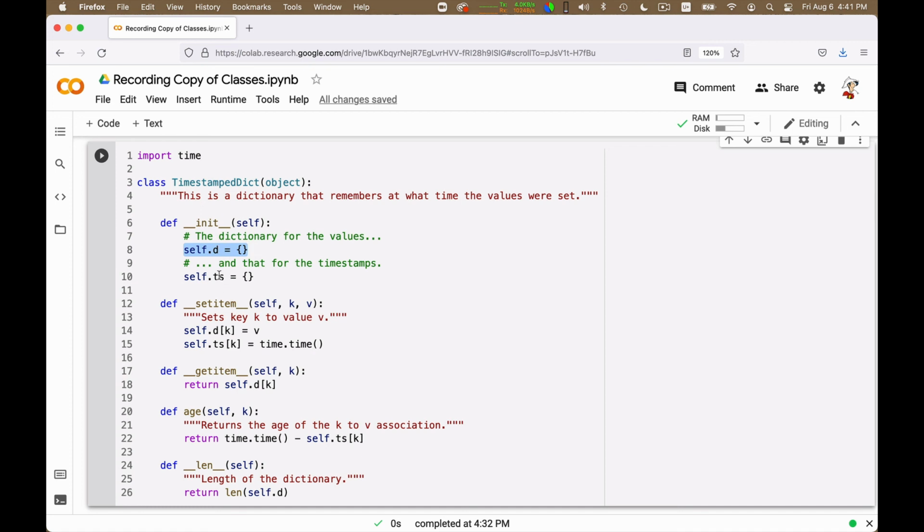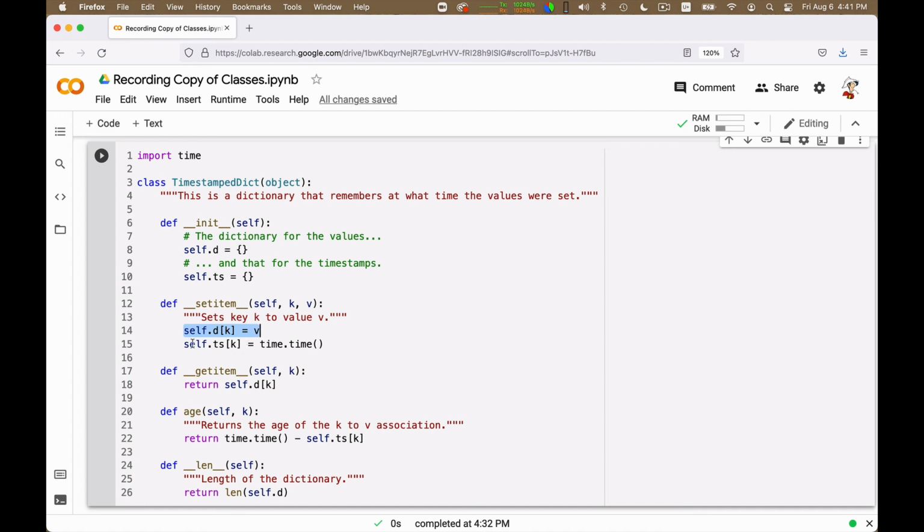So the setItem method works as follows. It is called with arguments self, which is the object, the key, and the value. In order to implement it, I first write self.d[key] = value. That is, I store the key value mapping inside the dictionary of the object.